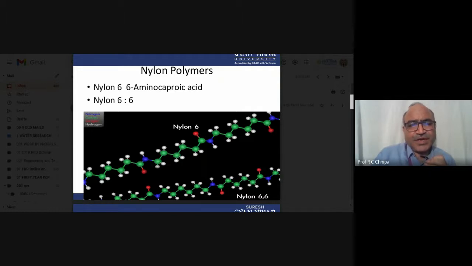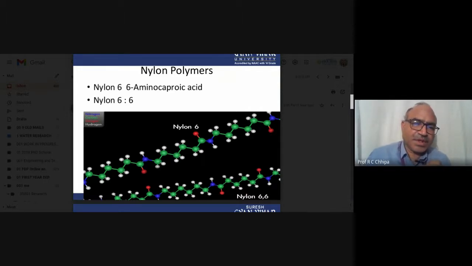So here is the picture of nylon 6. In nylon 6 itself there are six carbon atoms, 1, 2, 3, 4, 5, 6, and after the six carbons, the blue